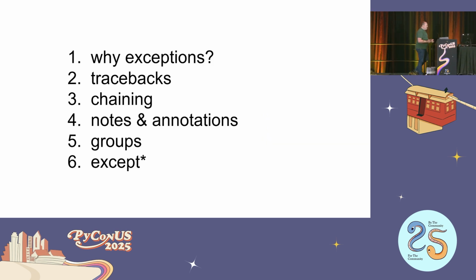So we're going to be talking through a couple of things. We're going to start with talking about why exceptions. That's not the only way we could handle errors in a programming language. I'm going to talk about tracebacks and more or less gush about tracebacks because I love them. We're going to talk about exception chaining, and then we're going to get into the new features. Python 3.11 turned out to be a very good vintage for those who appreciate new features on their exception object, with notes, exception groups, and the except star syntax.